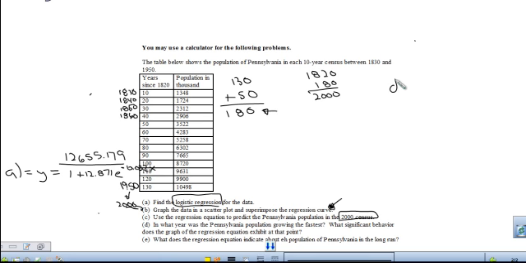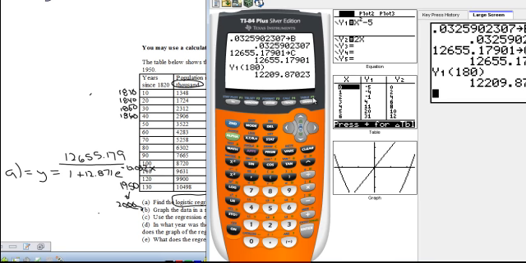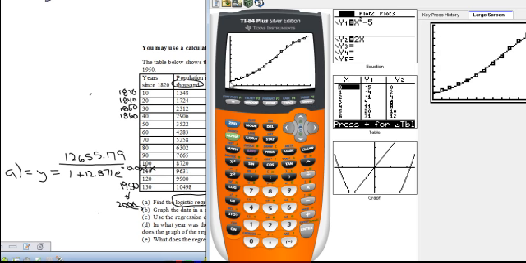So part D is going to be 12,209 thousand. Be careful with your units. Part E says, what does the regression equation indicate about the population in Pennsylvania in the long run? Well, in the long run, if you notice your graph is increasing logistically, so it's increasing. So in the long run, my population is going to